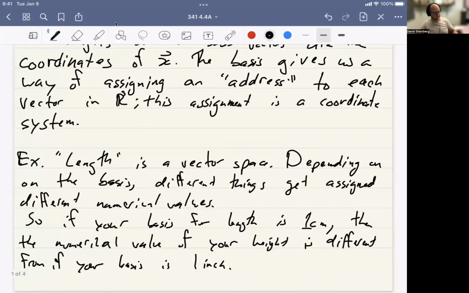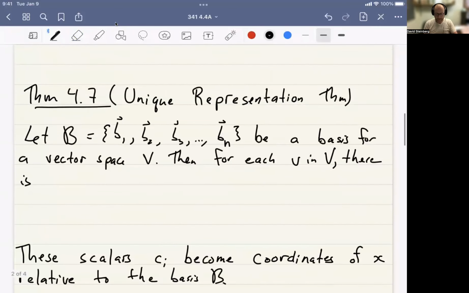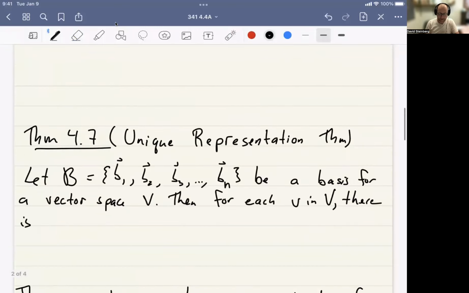Okay. It's supposed to be a 1 there. Let's state this theorem quick. Boom. Theorem 4.7, our unique representation theorem, which says given a basis B, which is b1, b2 up through bn, a basis for our vector space V, then for each vector v in V, there is a unique